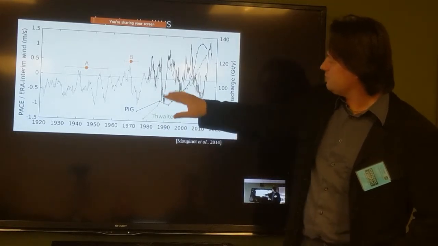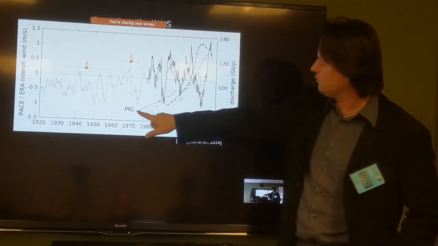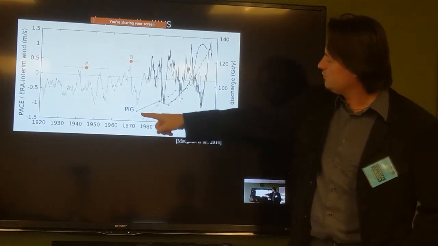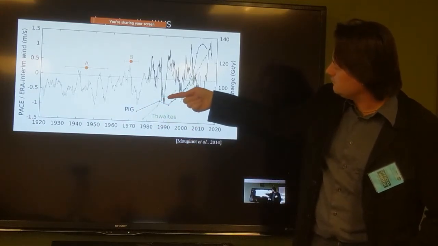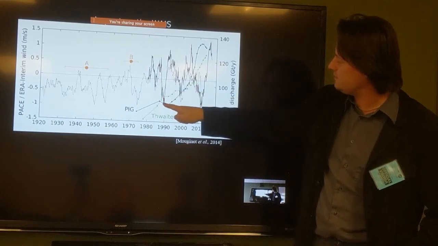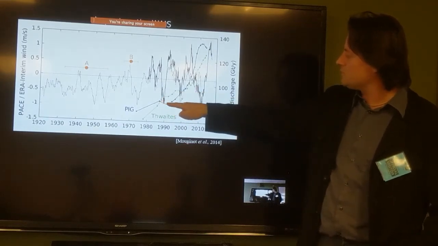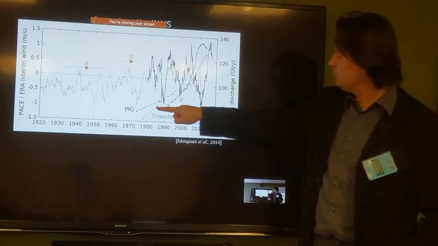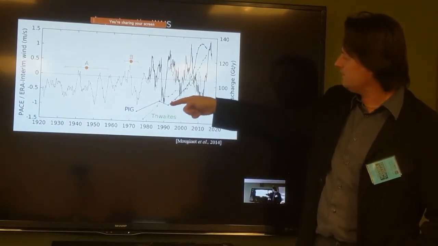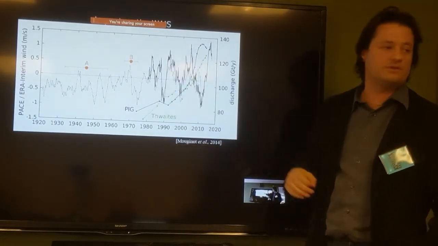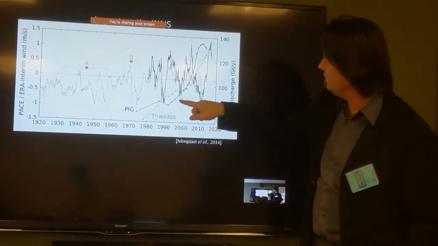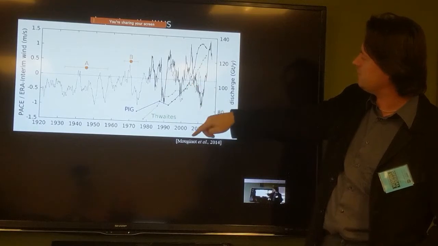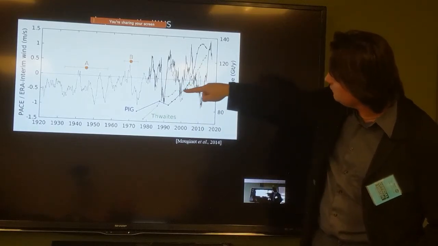If you just look with your eye, for example, Pine Island Glacier accelerated from the 70s to the mid to late 80s, and then there was a small deceleration or flattening out of the acceleration, both for Pine Island and Thwaites during this time period, and that's a period that corresponded to a dip in the heat content. And then we had an increase in the heat content, and both glaciers started to accelerate. And then maybe here there's a flattening out